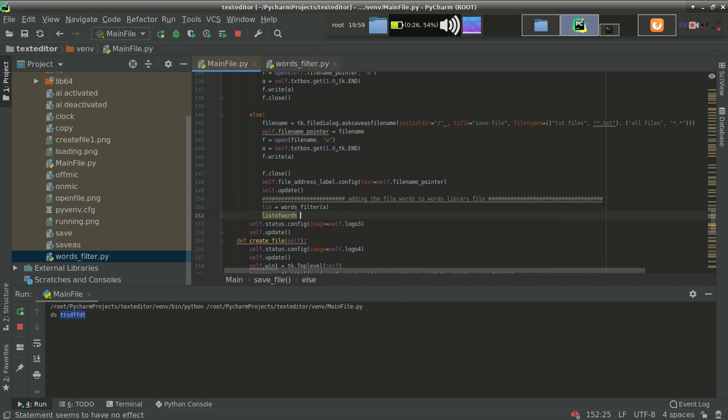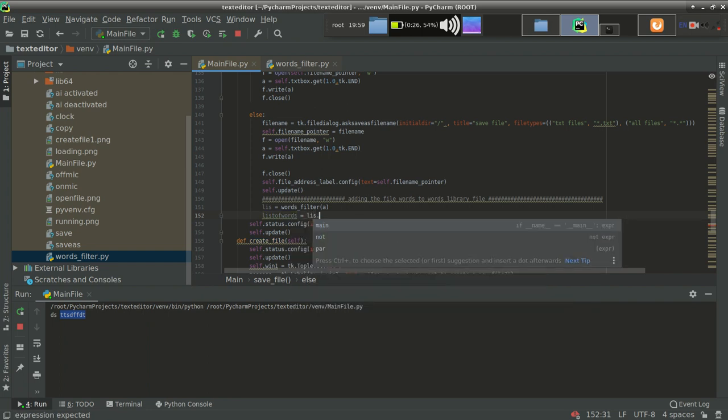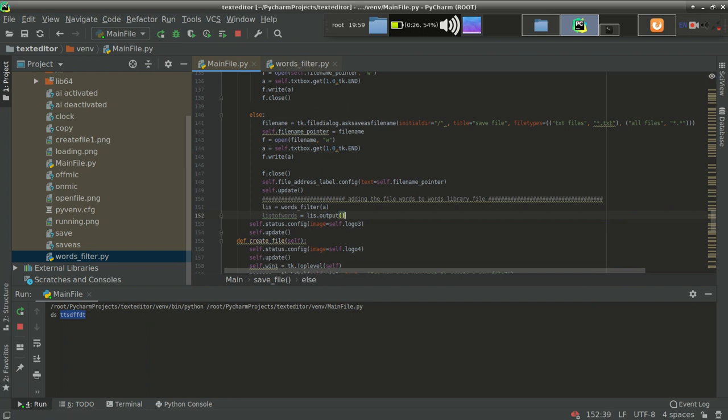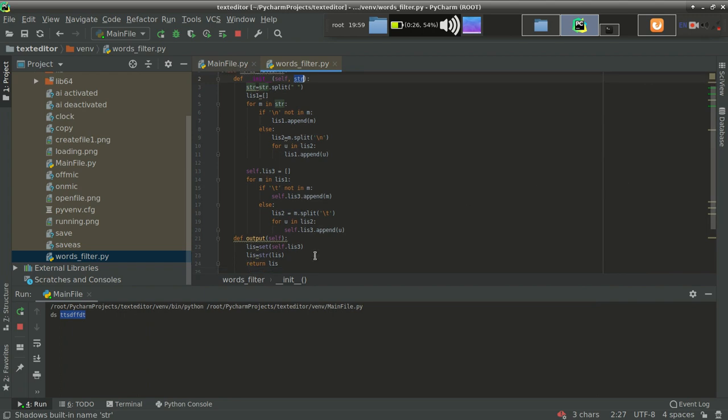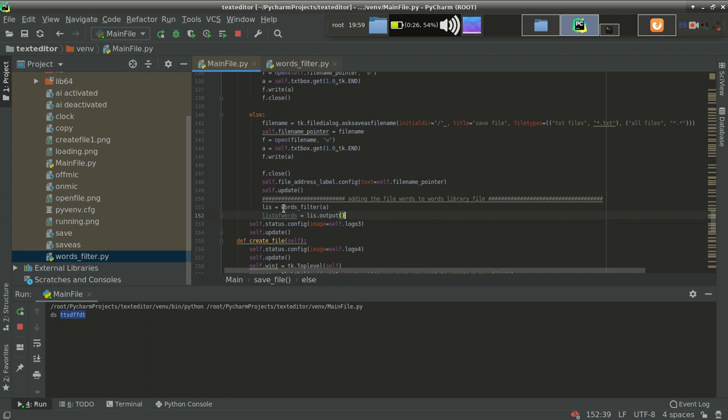And finally, list of words will be list dot output, because if you remember, we can obtain this list using this output method. That's why I'm using list dot output. So we have list of words.